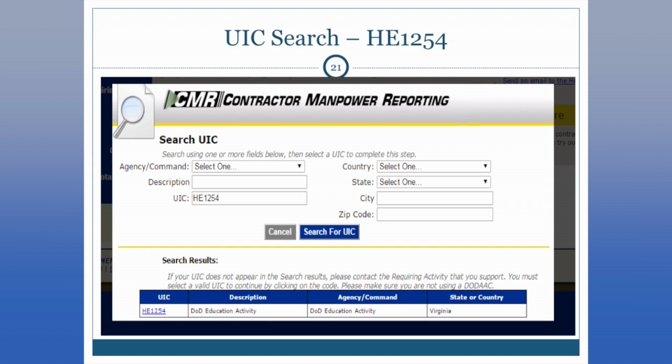Once you select search for UIC, you see the screen where you're actually going to look up the UIC. The UIC for DoDEA is always going to be the same. It is HE1254. And all you have to do is type HE1254 in the UIC block and select search for UIC. And the UIC will pop up under the search for UIC button and the search results. Then just select that blue link,